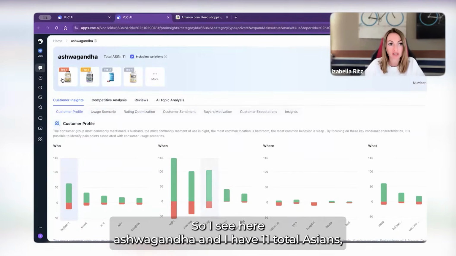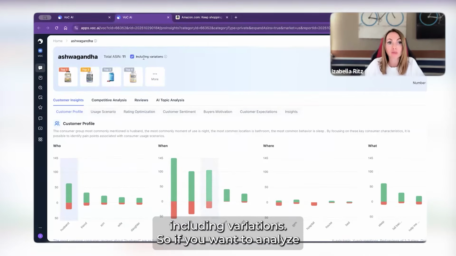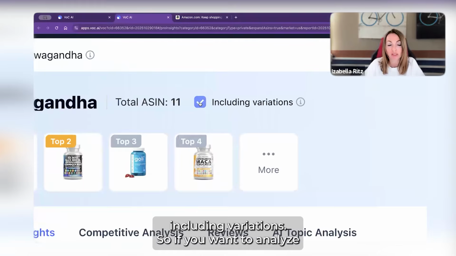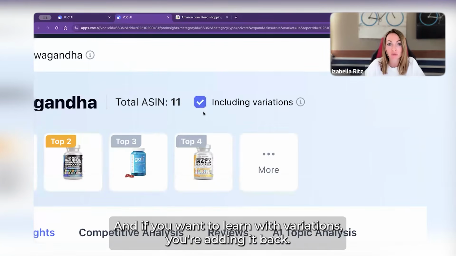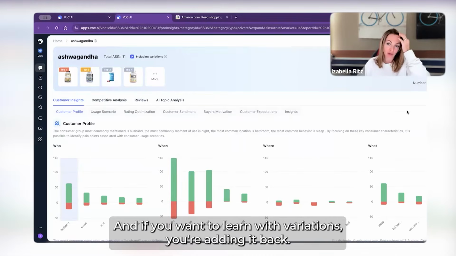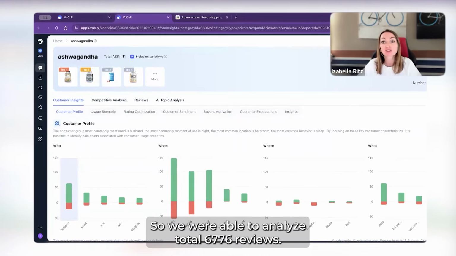So I see here ashwagandha and I have 11 total ASINs, including variations. So if you want to analyze without variations, you should remove this check mark. And if you want to learn with variations, you are adding it back. So we were able to analyze total